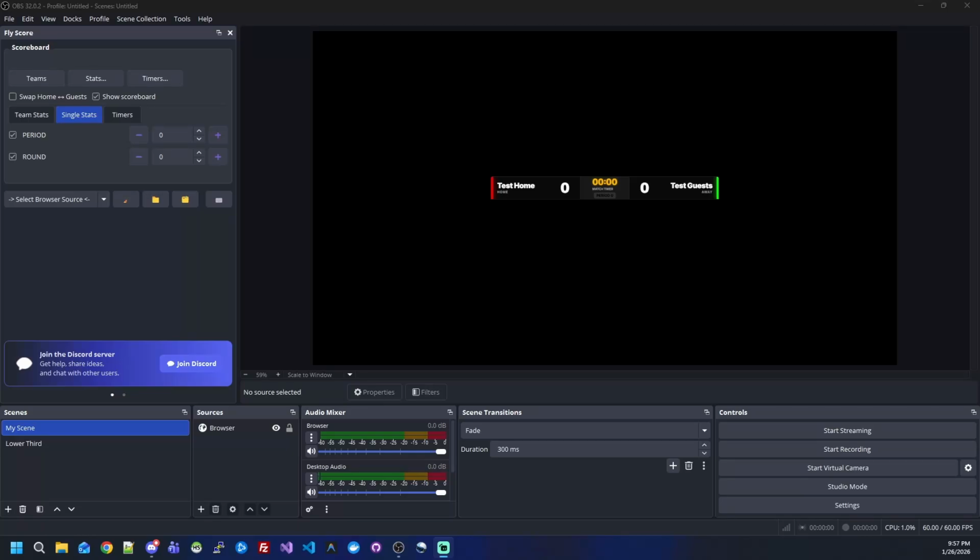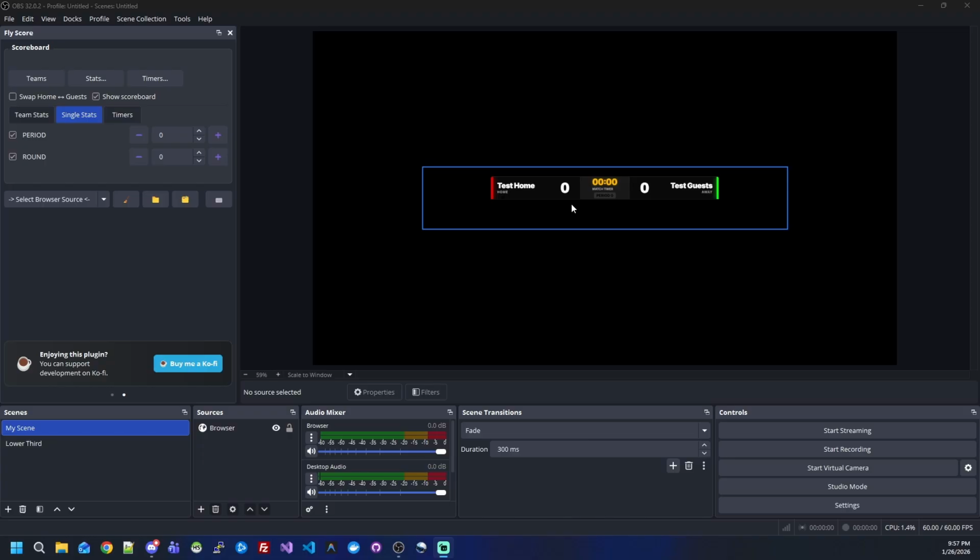Hello everyone, today I'm going to be teaching you how to properly download, install and set up Fly Scoreboard plugin for OBS Studio. As you may already know, this plugin allows you to create various types of scoreboards for any